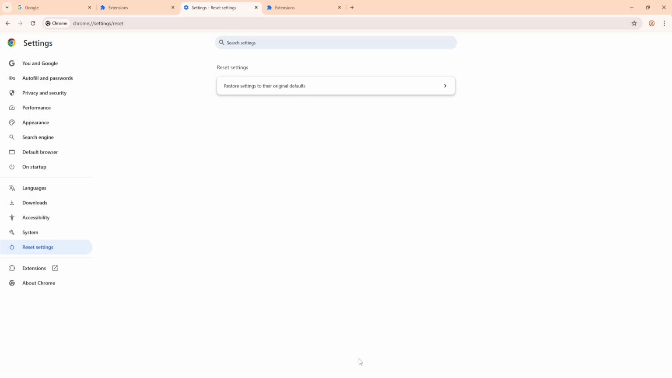Following this sequence, from updating Chrome to disabling extensions, clearing data, turning off hardware acceleration, and resetting settings, addresses the most common root causes and gets you back to smooth